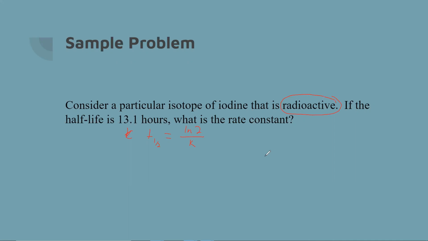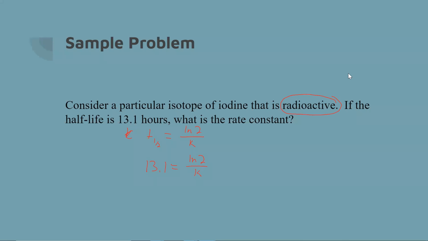Realistically, this equation is pretty simple, actually. All you have to do is fill in what you have. We are given the half-life, which is 13.1 hours. So I'm going to bring that down, 13.1 is equal to the natural log of 2 divided by k. If you rearrange your problem and you solve for k, you will get your answer right away. Plugging that into a calculator, I get that k is equal to